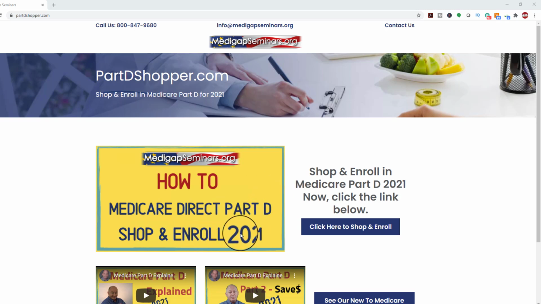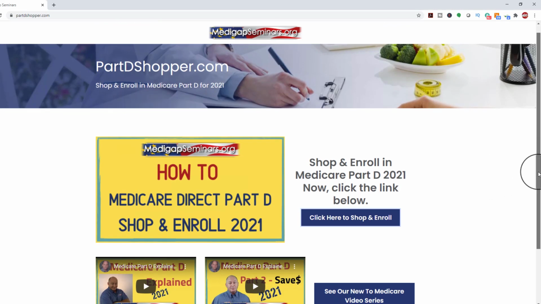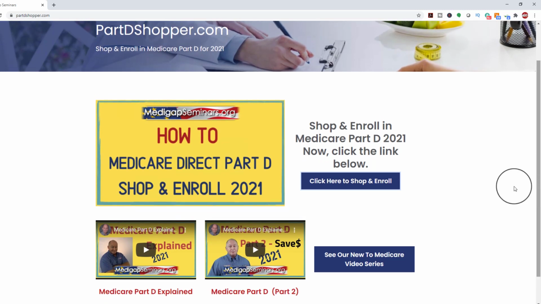Direct Part D Shop and Enroller. You can directly enroll and shop for your Medicare Part D standalone prescription drug plan. Now, on this website, we have several things that can be very useful to you. It's set up for the person who is shopping for their Part D plan. It needs to really be a simple process, and this is a very simple process, especially once you've taken a